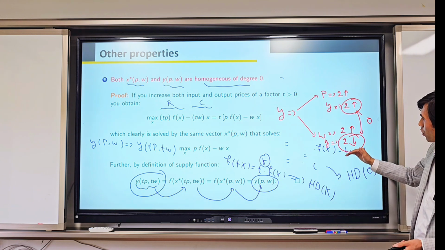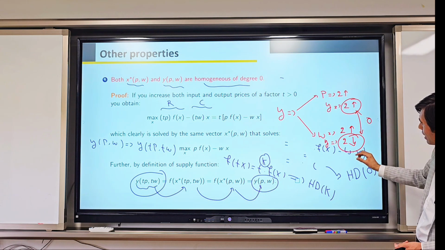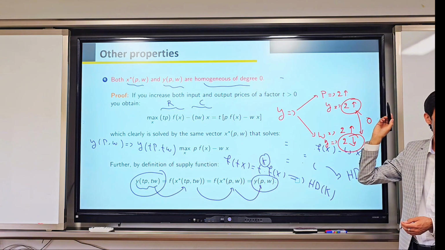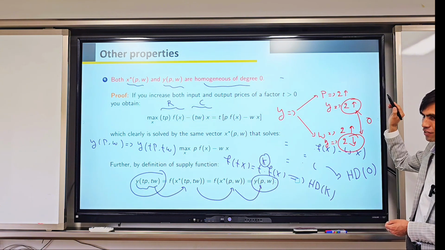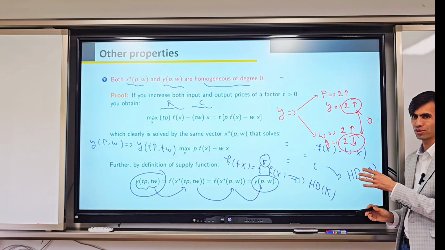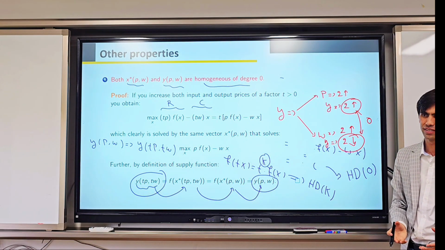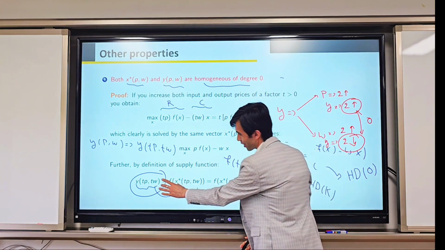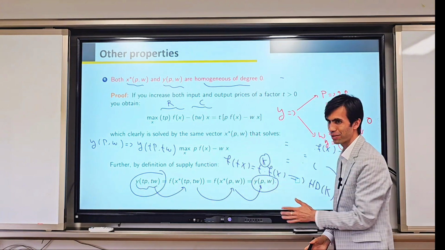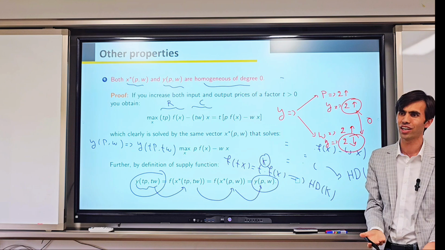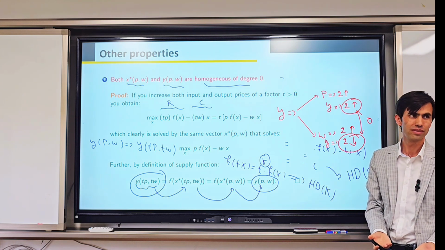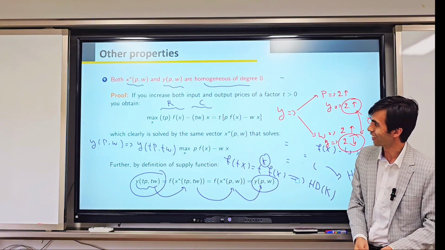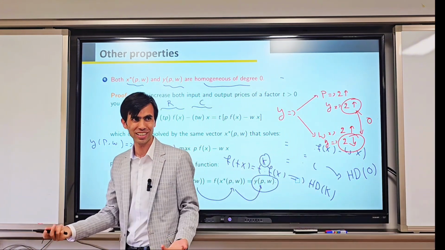So that's why when you multiply both P and W by the same amount, for example 2, here you bring some positive 2, but here you bring some negative 2. So the final result will be what? No change. So that's why this new supply is exactly equal to the previous supply, because both prices are changing by the same value. It's a unique property in case they change by the same amount.